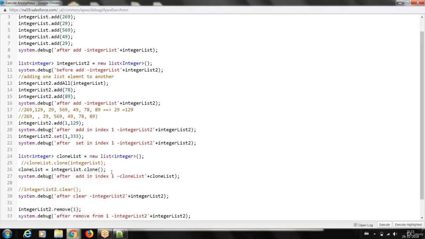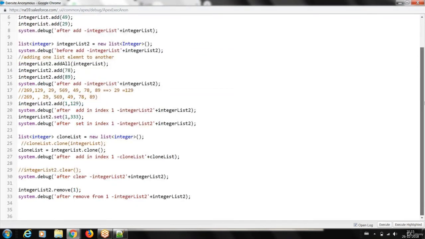You can see I have only 5-6 elements. Sometimes, dynamically, when you get records from a database and store them in the list collection, I want to see how many elements are stored in my collection. How many students you have, or how many account records are stored in this collection? If you want to see that kind of thing, we have a method which we call size. Let me show you that. Let me write integer total size equal to my integer list 2 dot size. When you call that, it will give me the exact number of elements I have.